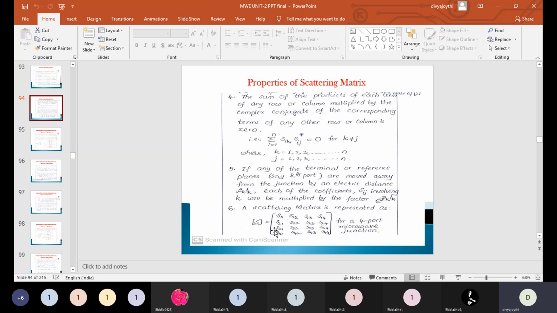Similarly, the third row indicates that you are connecting your source of microwave signal